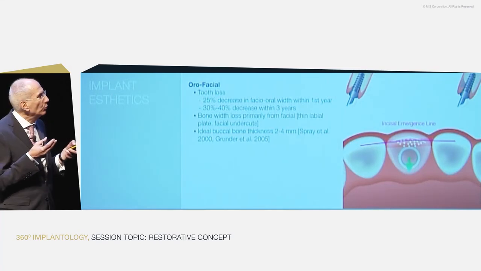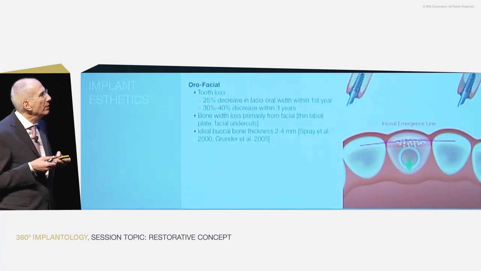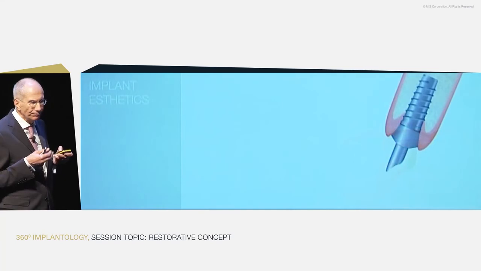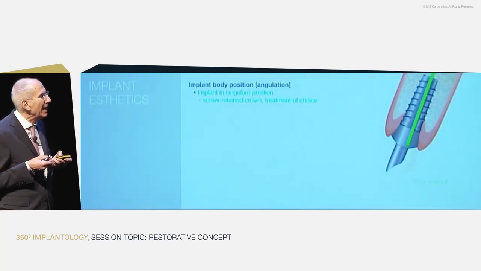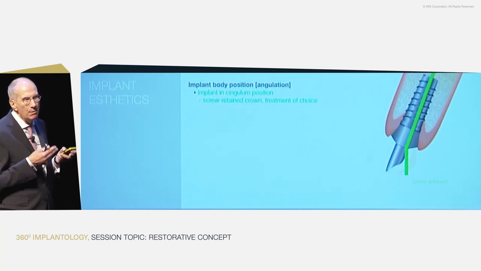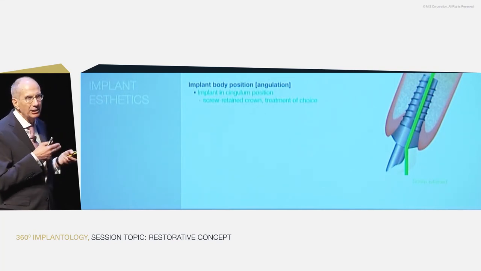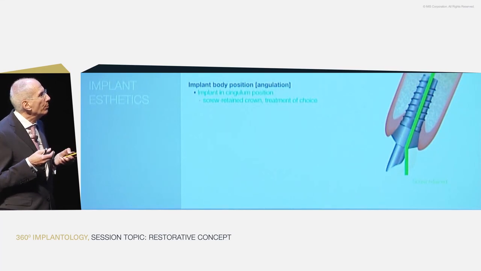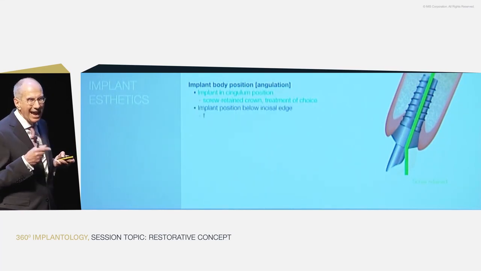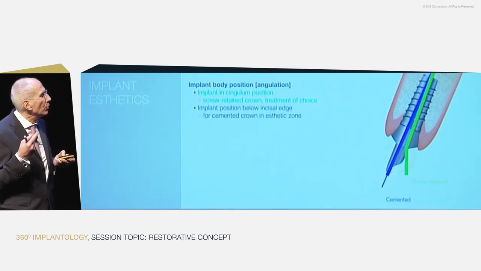And maybe we have to compensate that also by going a little bit more palatally, by placing the implant. And we have some possibilities today by the angulation, either by the screwdriver or by the abutment, to have the solution that we are planning as a prosthodontic. On the one side, screw retained. Today, again,